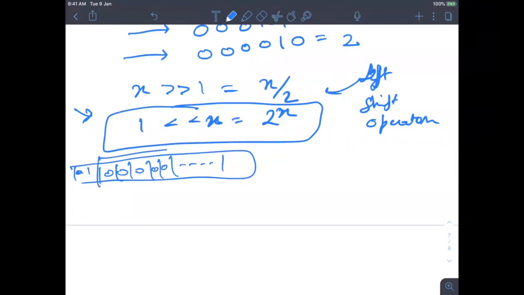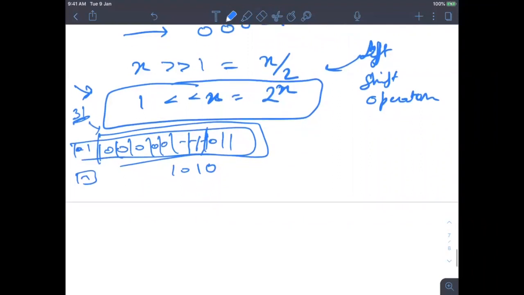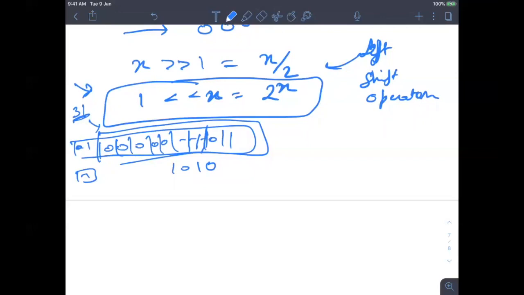So if you have something like 101 and you left shift it, it becomes 1010. It will still stay in the 31-bit range, and if you cross over it, you will get an error. Are we clear? Basically the sign bit does not change until the bits go out of range.